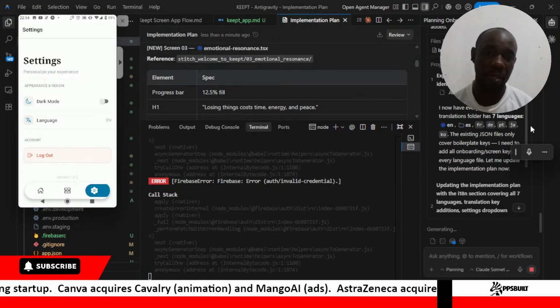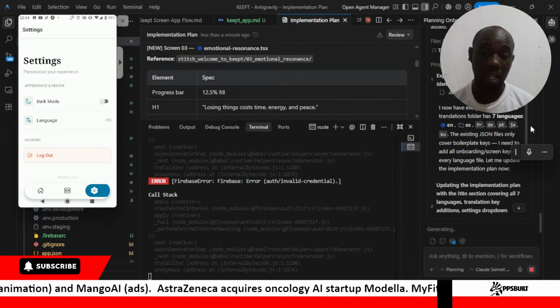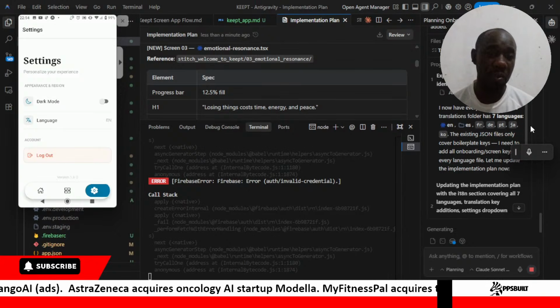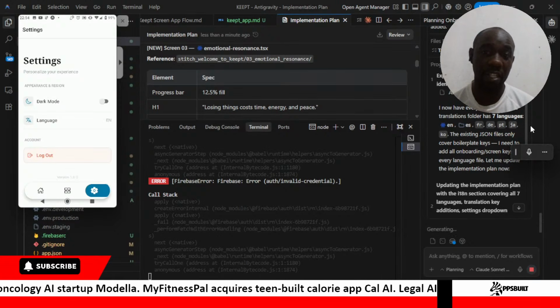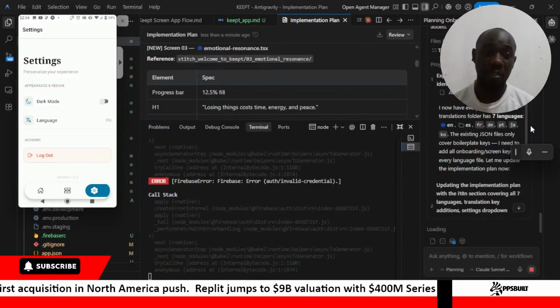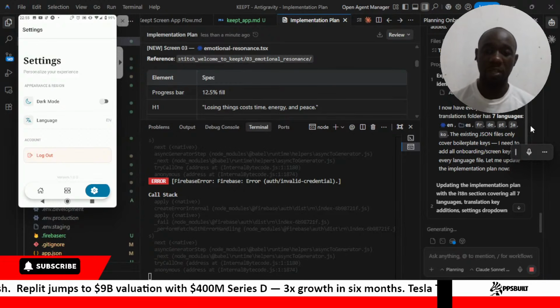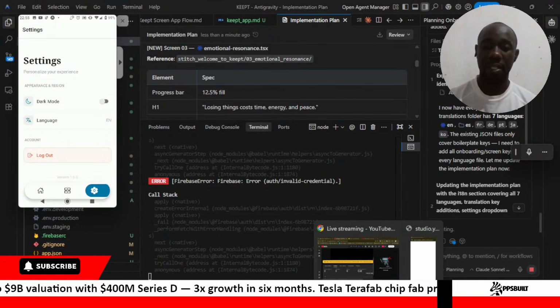So if we set our app in these languages, then people who use these languages can be able to use this app. Remember that there are certain people who really have needs for certain products, but they cannot effectively speak English. So it becomes very important for them if they get access to an app that is functional, but at the same time it's laid out in their language of preference, where they can understand it very well and be able to use it. So that is the reason why we've included that, to widen our clientele.